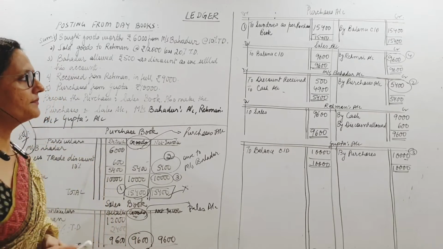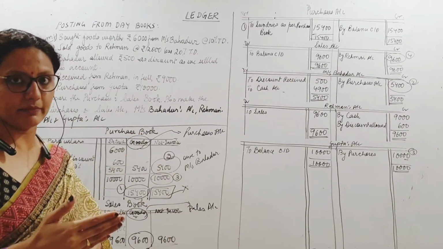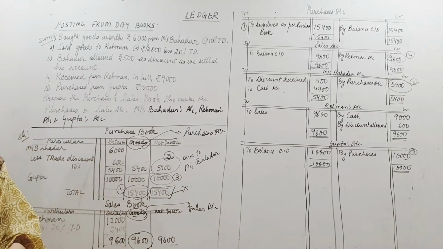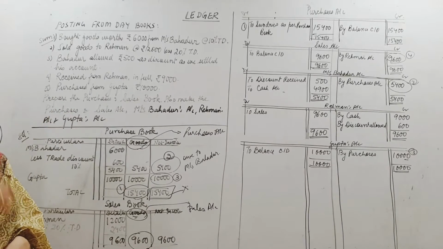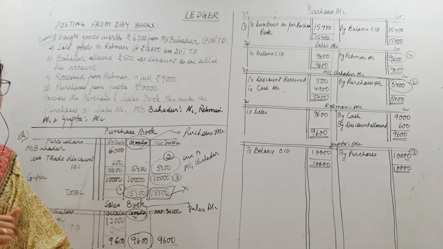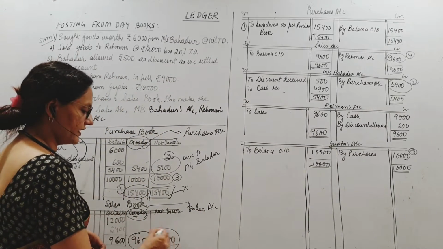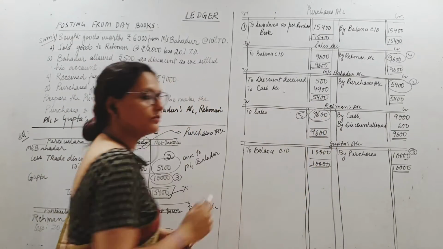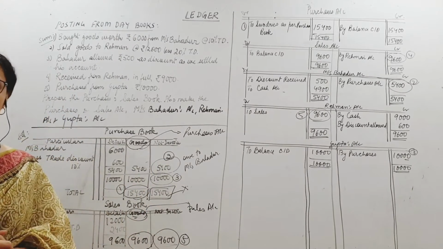Done. So here my sales account should always be credited whenever I am selling. It's an income, and remember that it's increasing, so I will write "by" the person to whom I have sold, my debtor's name. Also, I will have to make Rahman's account. Rahman's account should be debited because he is my customer, a debtor. So I will debit Rahman's account with the amount he needs to pay me. So this amount I should transfer to Rahman's account as 9,600. Whatever he is supposed to pay me, I debit his account with that amount.